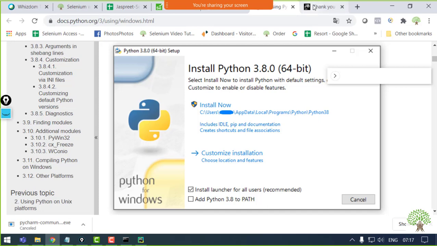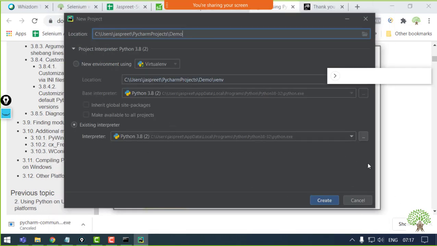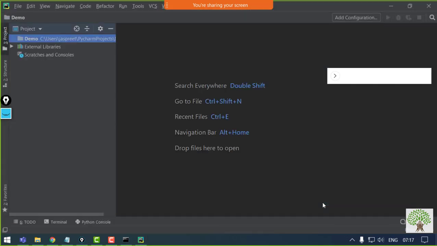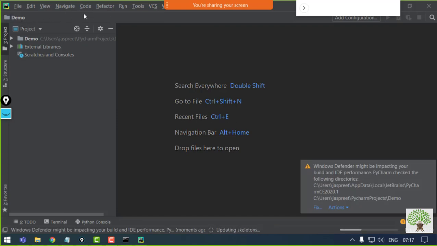So once it is done, it will go on. I have already done it, so it's not giving me the option to click OK. You need to click on OK and your project will be created. Fine. Now your project is ready. Before going into the project, this is the project explorer. However many projects you create, they will all be displayed over here. This is the workspace. The code that you write will be at this location.